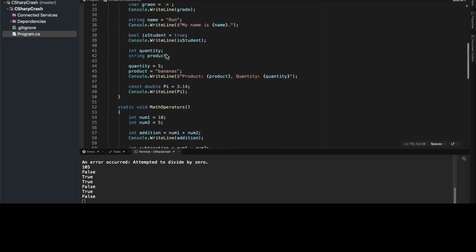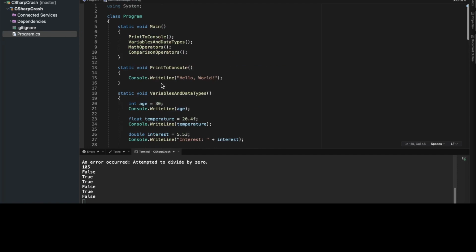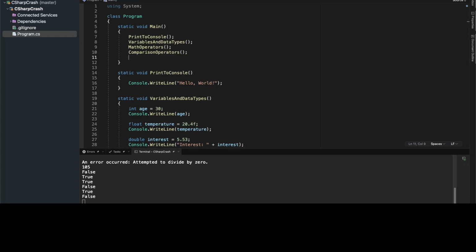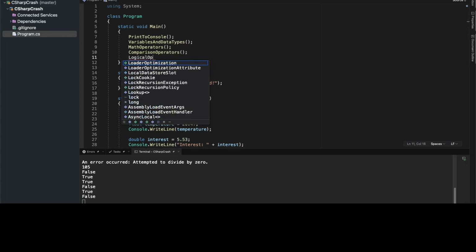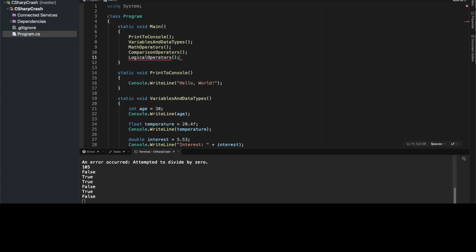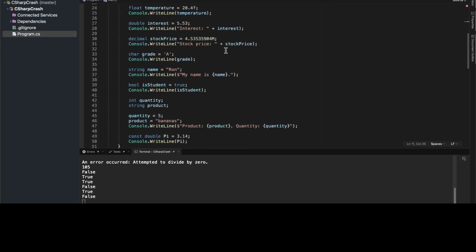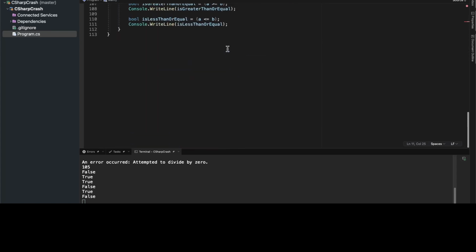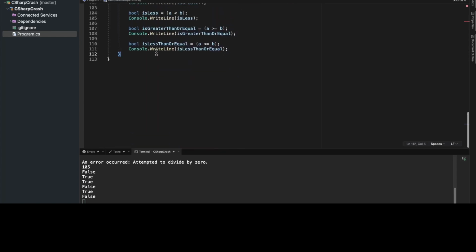So what I'm going to do next is scroll right back up to our main method again. And in our main method, I'm going to write another method call called logicalOperators and close that out. And then I'm going to copy the name again. Let's make sure it's copied. Let's go down to the very bottom of the file and create a new method called logical